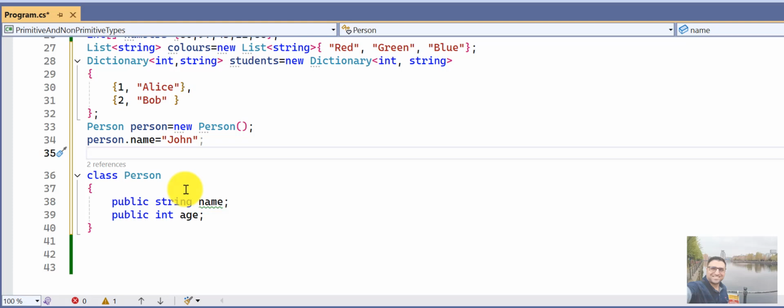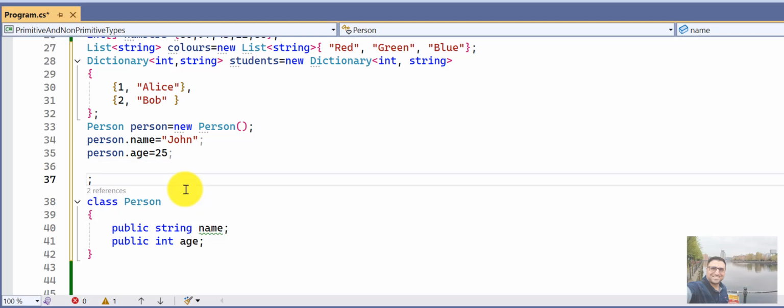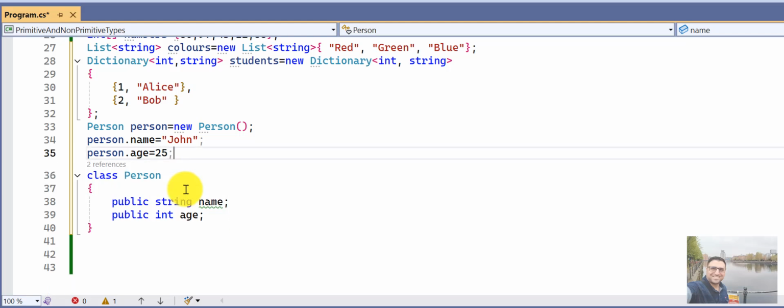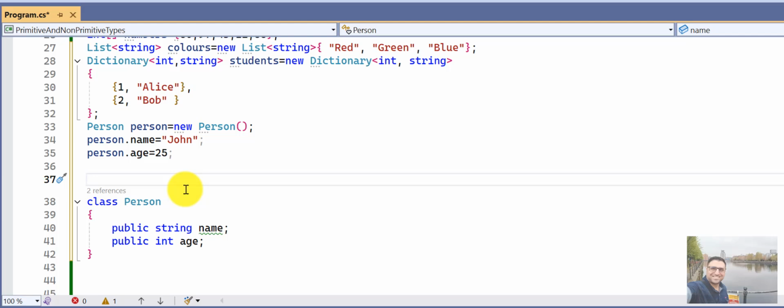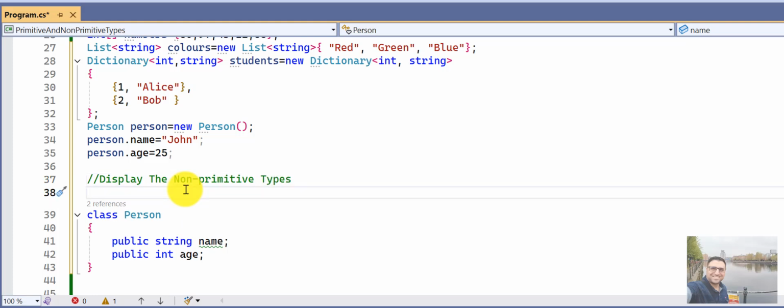And now we can say person.age equal 25. All right. Okay, now we can also display them. Display the non-primitive types. We can begin by console.writeLine the